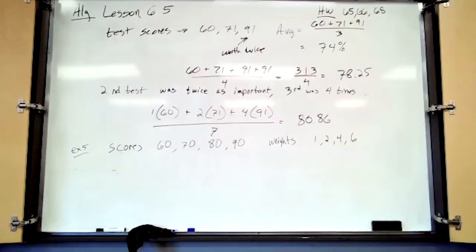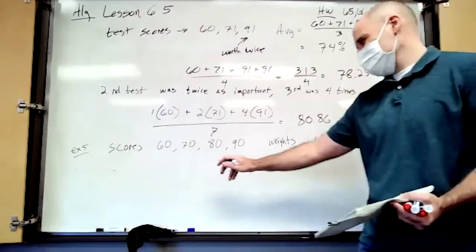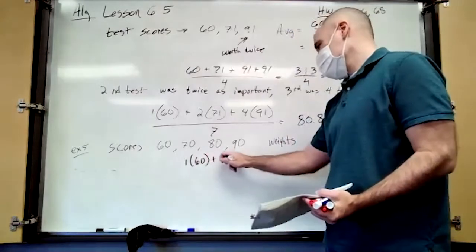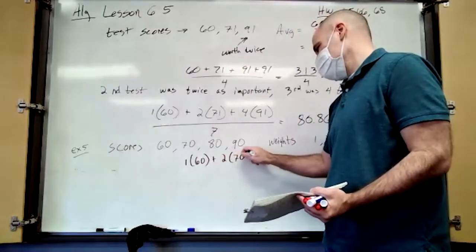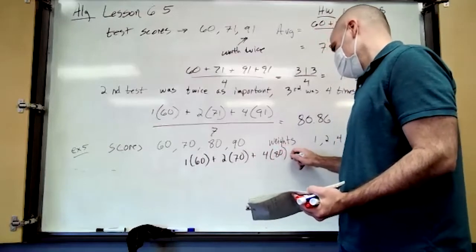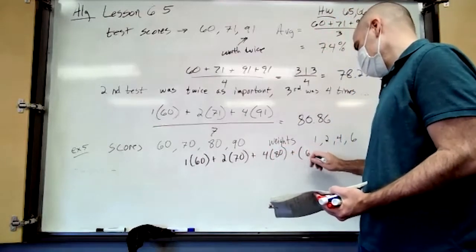All right. So let me know when you get it. Got it. What'd you get? That's 81.53. Nice. Good job. So you add them all up. Well, you don't add them all up. First, you have to multiply them by their weights. So 1 times 60 plus 2 70s plus 4 80s plus 6 90s,